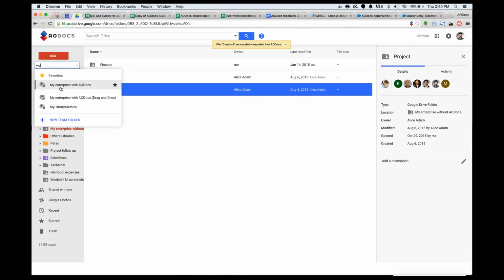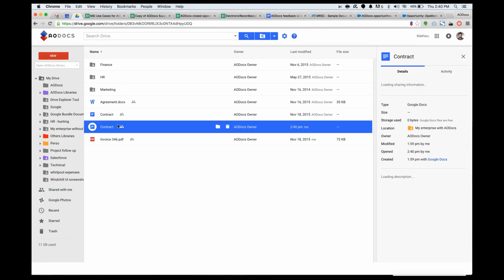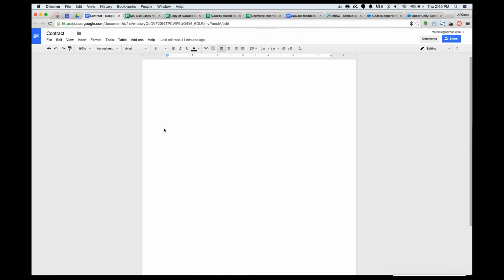So I can go to my enterprise with AODocs, and here you can see we have two, it was this one. You can see it is now owned by AODocs, and this document has been created and modified a couple of minutes ago. And so you still have the same capabilities as a normal Google Doc. So you can see I can open it. I think this one is empty, but I can open it and I still have the same collaboration features I used with Google Drive. It's just that we add AODocs on top to really manage the security and